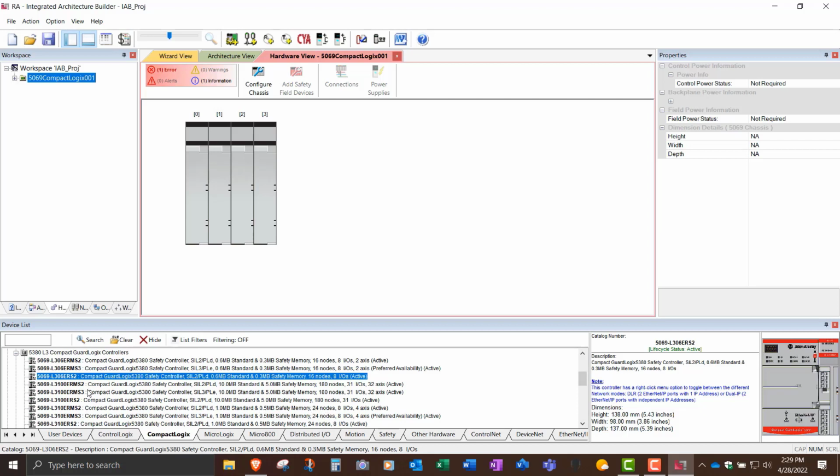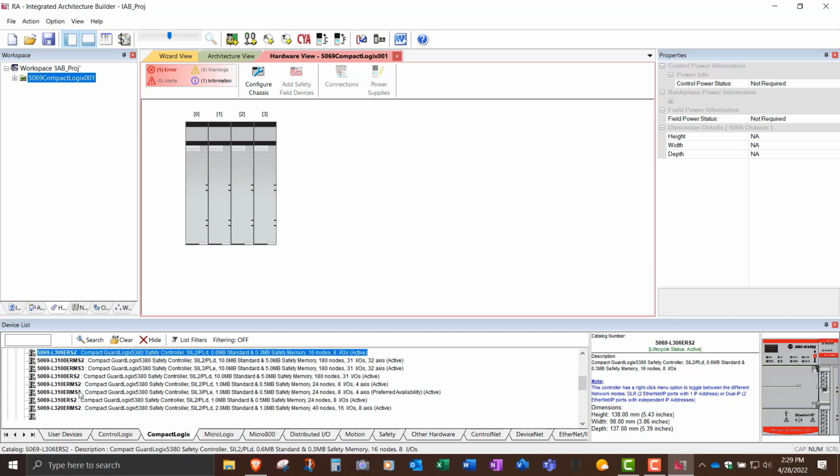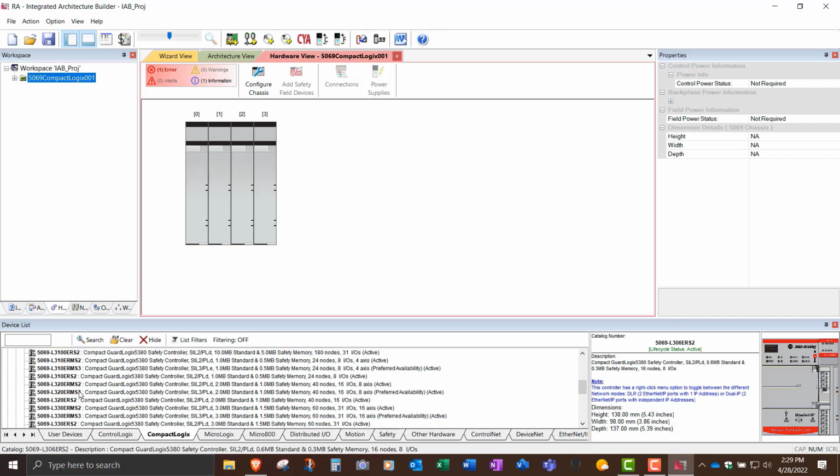Now, in this situation, the L306 is basically the smallest memory option. So I'm going to pick something that's a little larger because I know I'm going to have more Ethernet nodes, or I know I have more than 8 I/O cards. So let's just choose an L320 like this. Now, this particular model, the L320ERMS2,